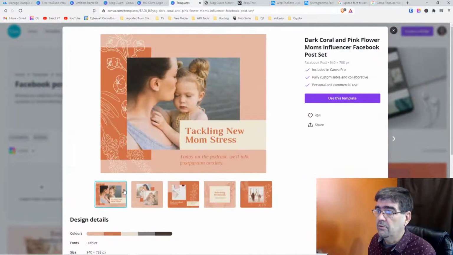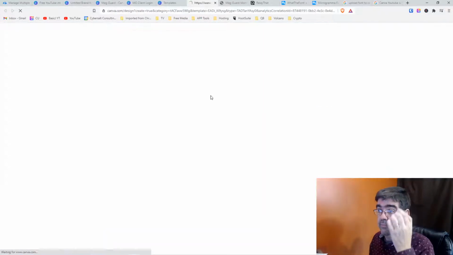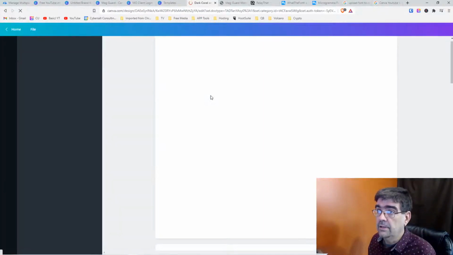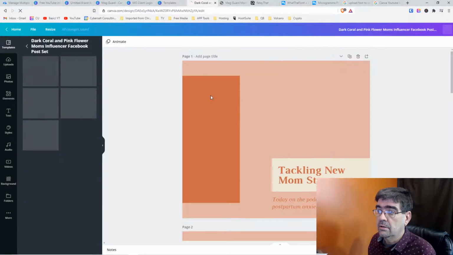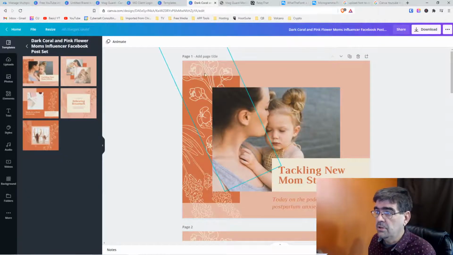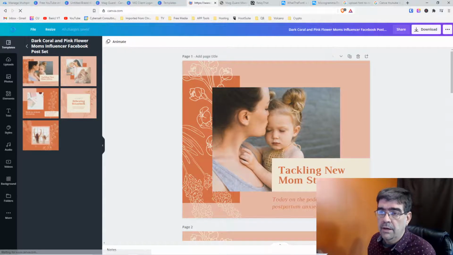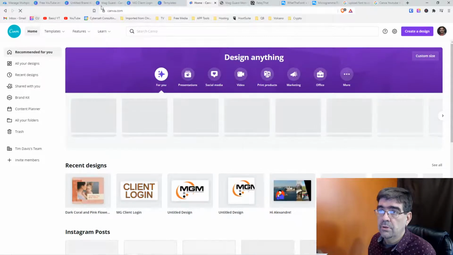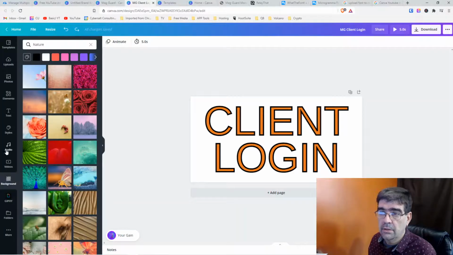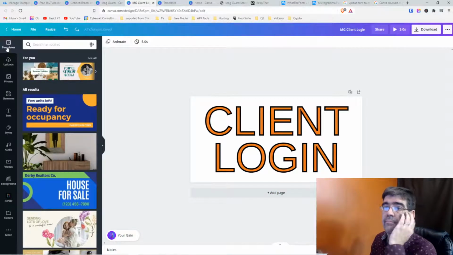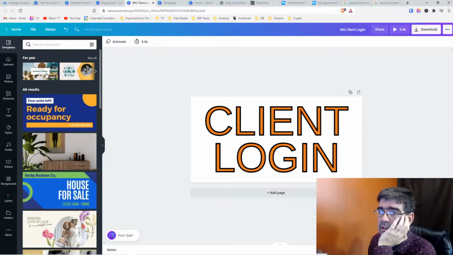We could just do this one here. You can use this template. I've already clicked on it. And you can change your picture, and you can just kind of go with that. And now if we go back to our client logo graphic and we click on template, oh, I think if I click on this,